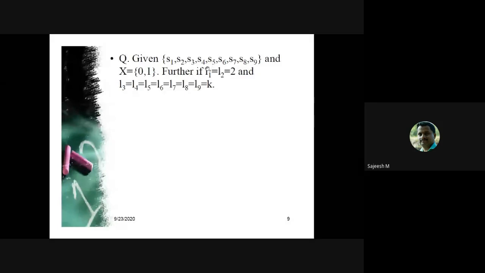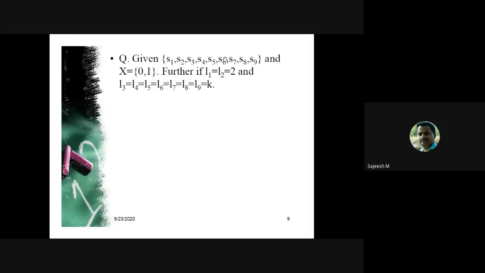Here there are 9 symbols in the source alphabet and the code alphabet is 0, 1. That is, we are generating a binary code and the code word length is given. We will have to generate the code words with length L1 and L2 equal to 2 and all the remaining code word lengths equal to a particular value.